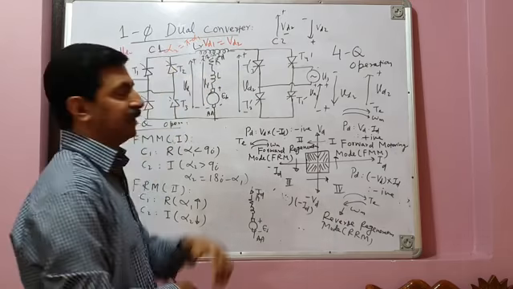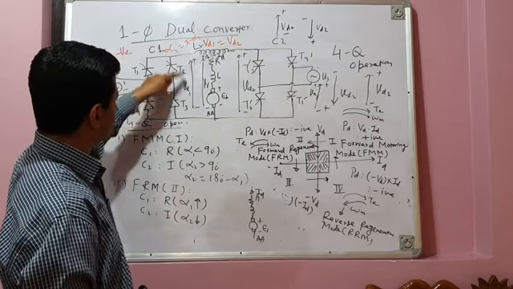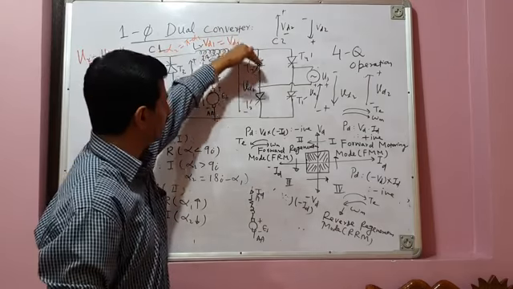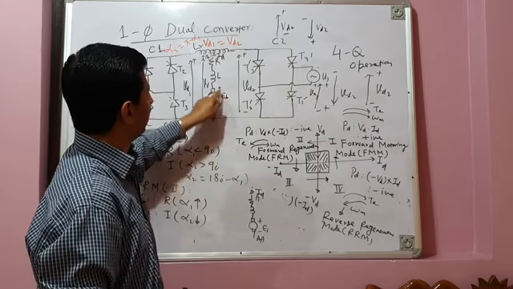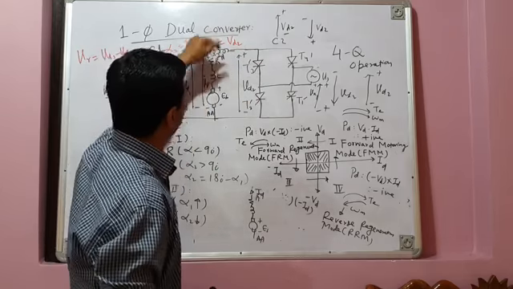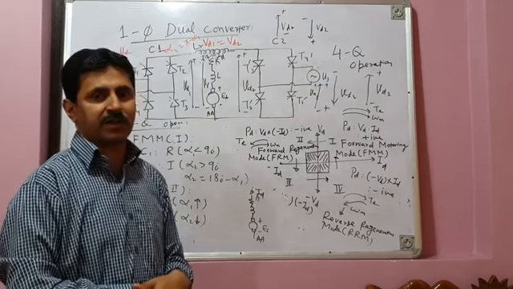Now, since EB is greater than VD1, it is greater than VD2. EB cannot flow in this direction क्योंकि ये converter block करेगा current. The only path for current to flow through this is through this converter. Since EB is greater than VD2, or VD2 is less than EB, now current can flow in this direction, or this direction, you can see since current is coming out of this. So regeneration, forward regeneration is taking place.